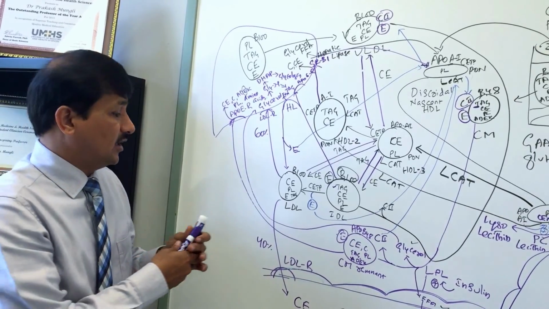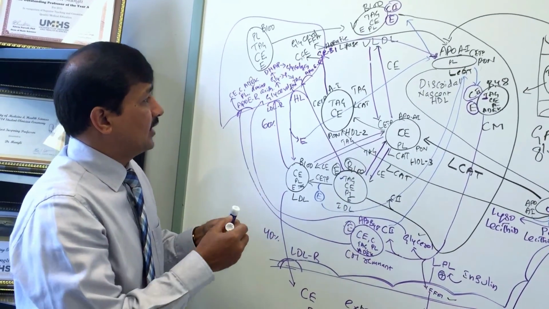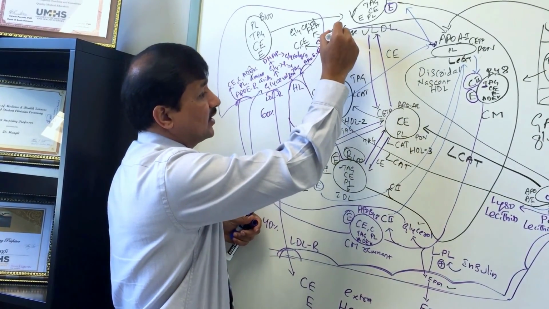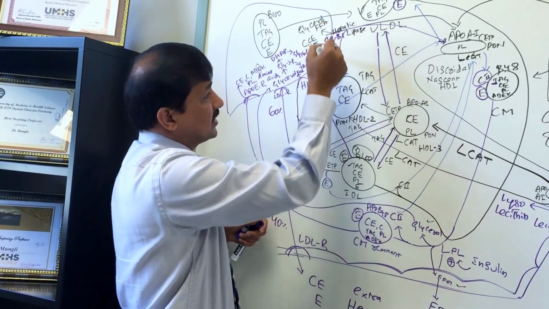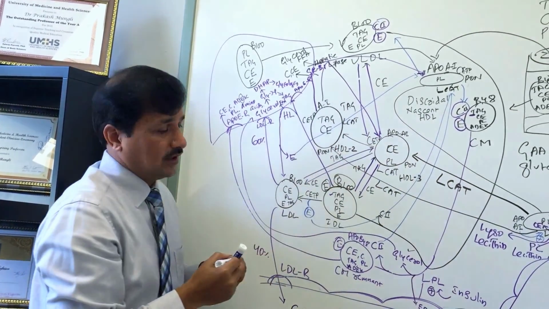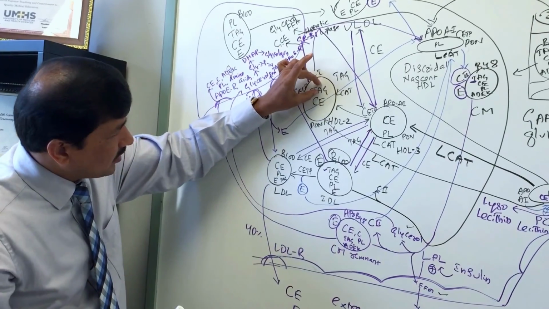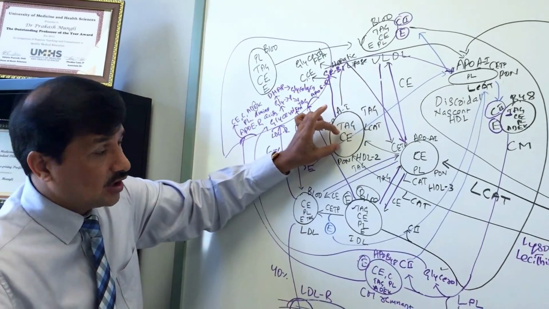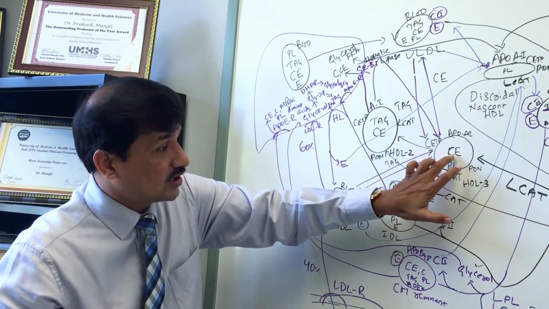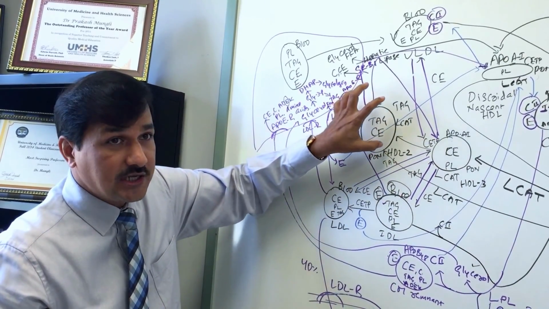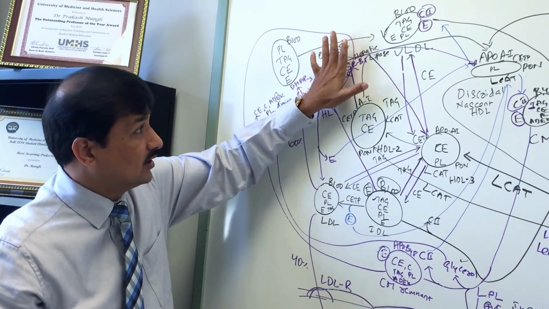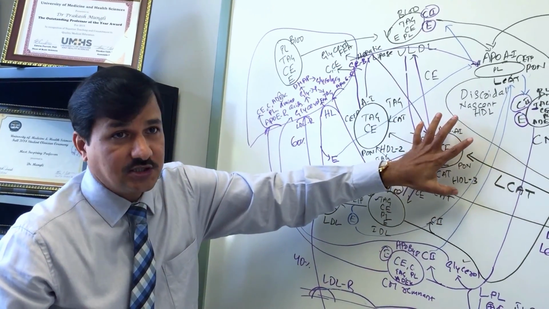Another fate is that HDL2 interacts only with hepatic lipase. It is not interacting with SRB1. It is interacting with the hepatic lipase and losing only the triacylglycerol part of it, and the rest of the molecule will come out as an HDL3 molecule. So if you degrade only the triacylglycerol part of HDL2 and retain cholesterol ester, you are bringing it back to HDL3, because as you know, HDL3 is rich in cholesterol ester, whereas HDL2 is rich in both triacylglycerol and cholesterol ester. So hepatic lipase is taking only triacylglycerol into the liver, the rest of the molecule is released, and that is the HDL3 molecule.